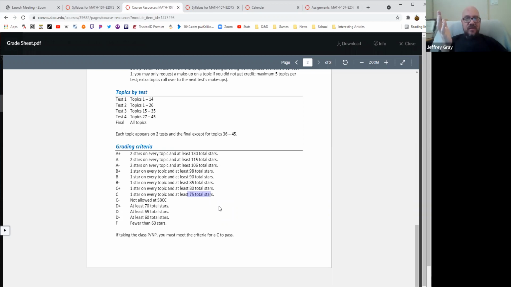But that means that if you get like half the problems that you're going for on a test each time, you'll probably make it. So this is not that hard a requirement, but you will have to demonstrate mastery to get a star, right? So you can pass the class. If you want a better grade, it'll be a little bit harder, right? You want a B, you've got to get 1 star in every topic and 90 stars, right? So there's going to be a few topics that you're going to be good at, and you can probably pile up a few extra stars doing that. And that'll give you a little bit of leeway to, when we get to logs, maybe you can't solve log equations, but you were great at fractions, so you got a bonus star to work with.